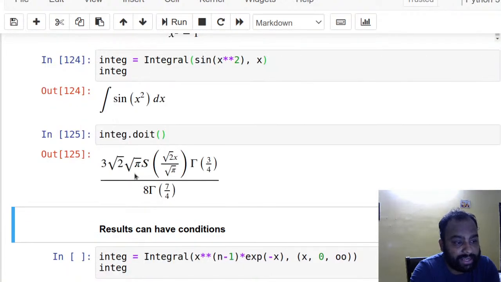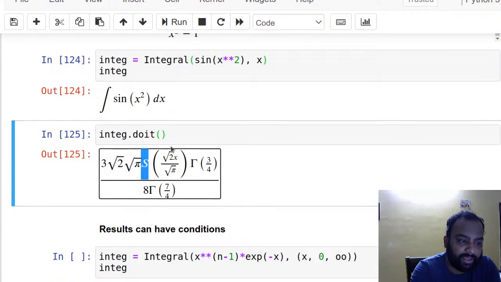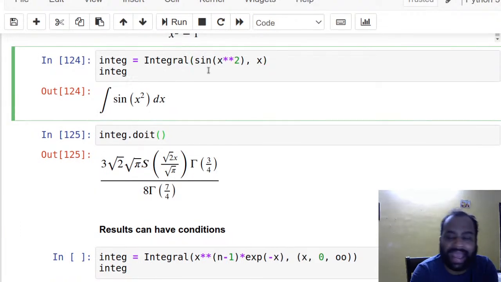The result comes in terms of something called a Fresnel function, because this does not have a proper antiderivative per se. This does not boil down to certain primitive functions. So the result is in terms of Fresnel functions and gamma functions and all, right? But again, as long as it can do it,